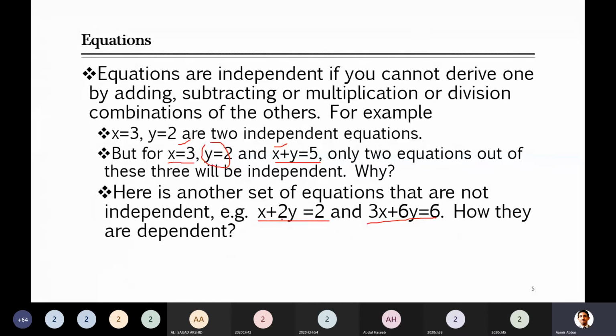For example, I ask you to find the value of x and y by using these two equations, which you are looking at here. Can you find the value of x and y? Can you solve it quickly in your notebooks and give me the value of x and y? What is the value of x and what is the value of y? Okay, solve it. Actually, I asked you guys to solve it. So you can't get the answer, I think.